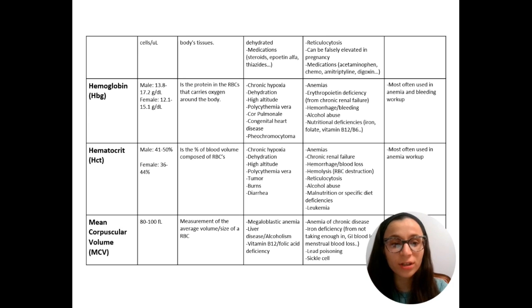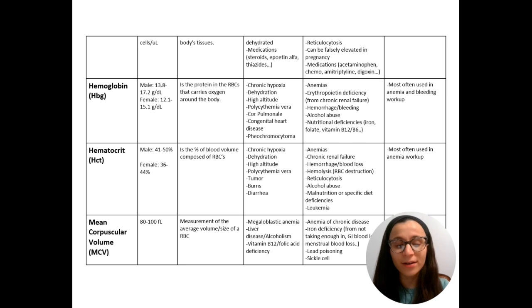How we usually use hemoglobin is to assess if someone's bleeding, internal bleeding, and in anemia workup. So usually if someone's bleeding inside, their hemoglobin is going to drop. Now, usually the cutoff is around 7, so if it's below 7, then they'll get a blood transfusion. Otherwise, it'll just be